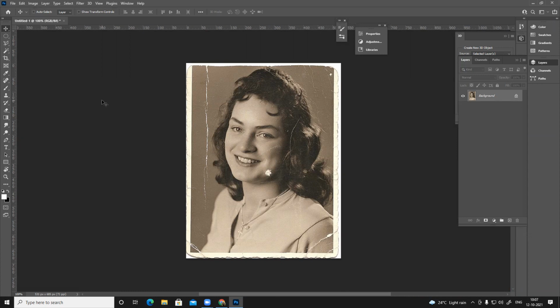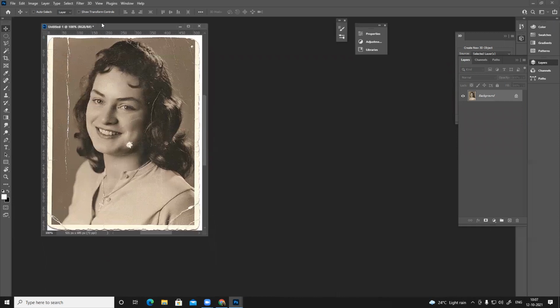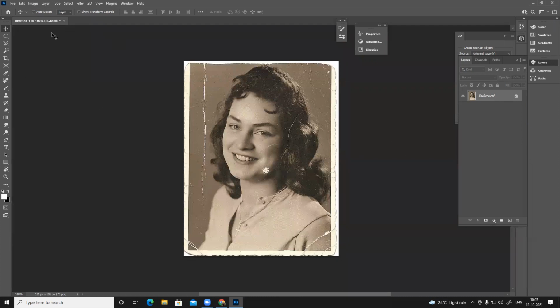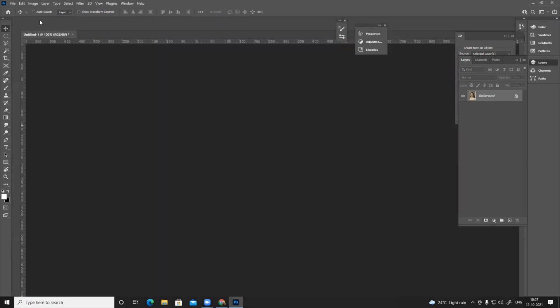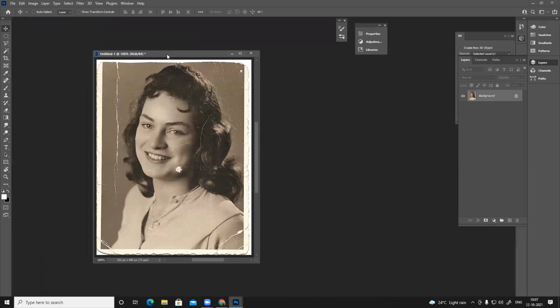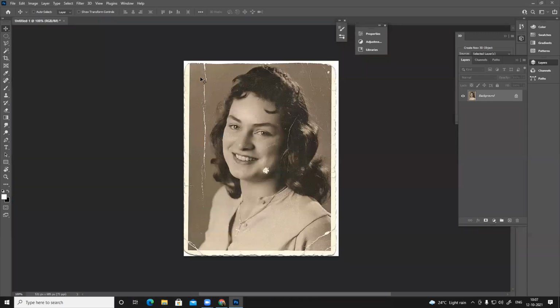Photoshop by default has a lot of things you don't know. It will update, and we have a license, so we can update it. In this, you just drag and drop your photo, or go to File, Open. It's standard for all software. By default, it can open floating, or you can just snap it here.